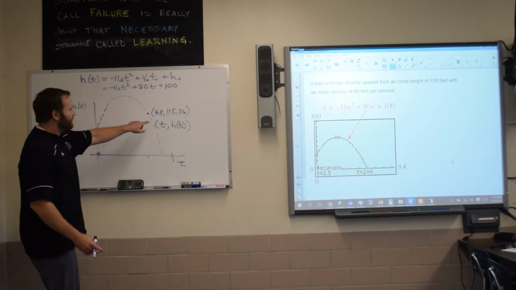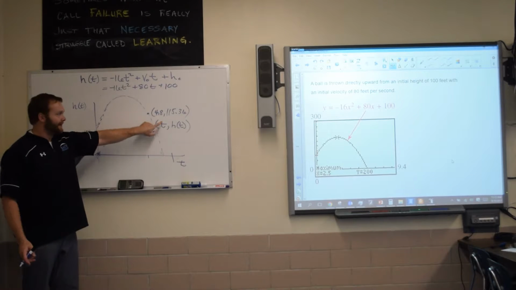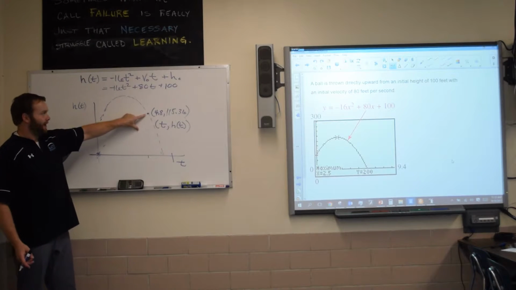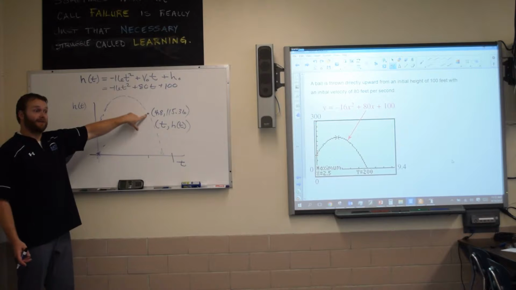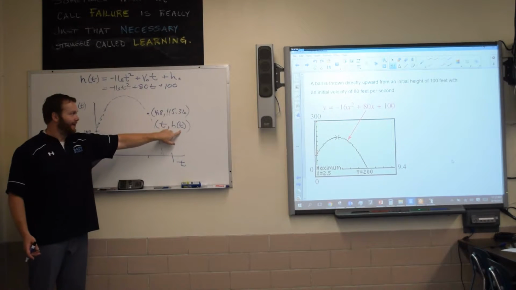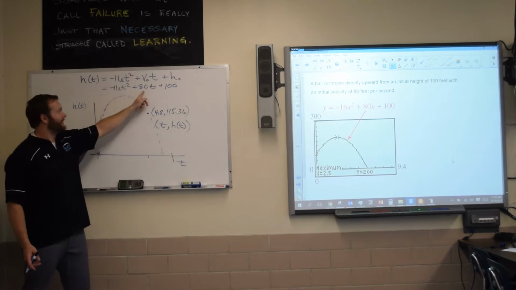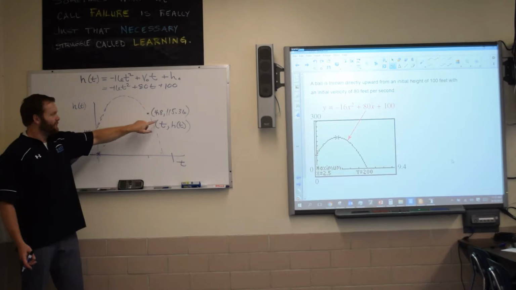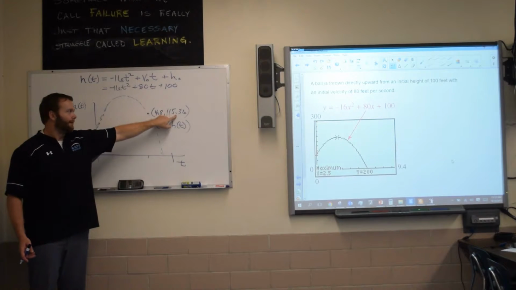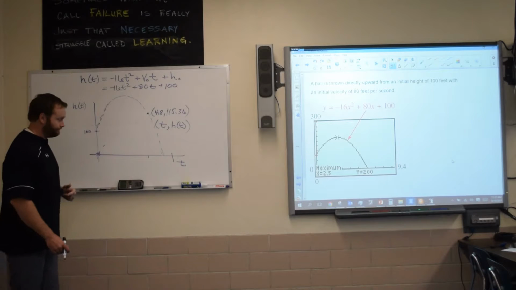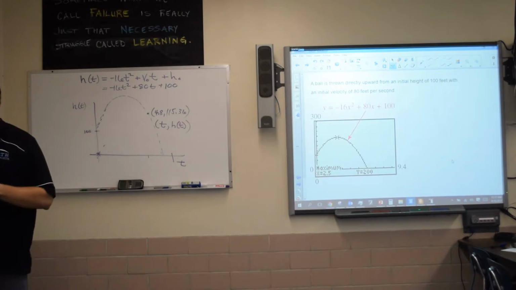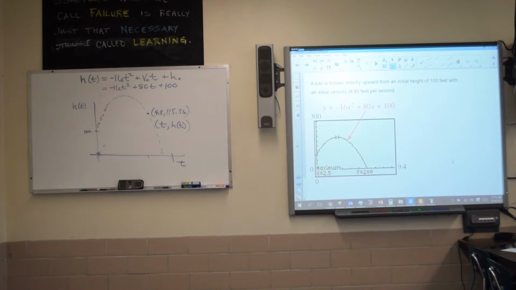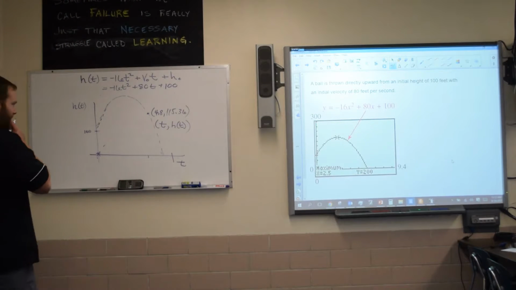So every first coordinate is a time. Okay? So we got at 4.8 seconds right now. Does that make sense? And that then is the height evaluated at that time. So when I take 4.8 and I plug it back into this, maybe I get 115.36 back. Does that make sense? So it tells me at a time of 4.8, my ball is at that height off the ground. Okay? And that's very important that we understand that,